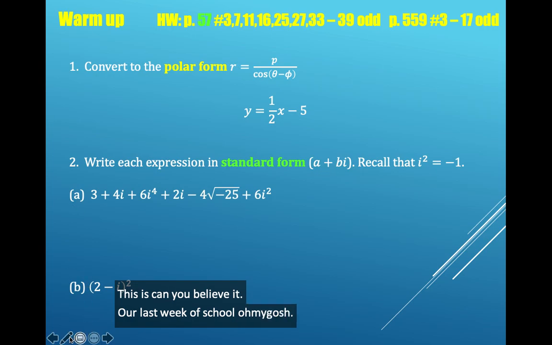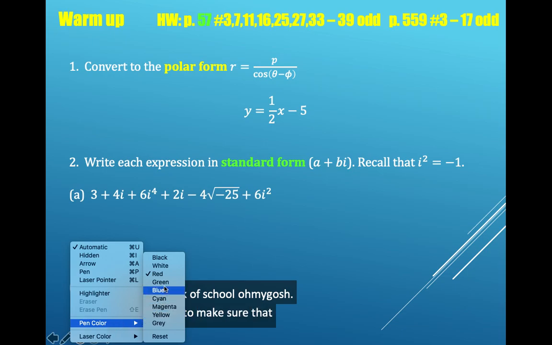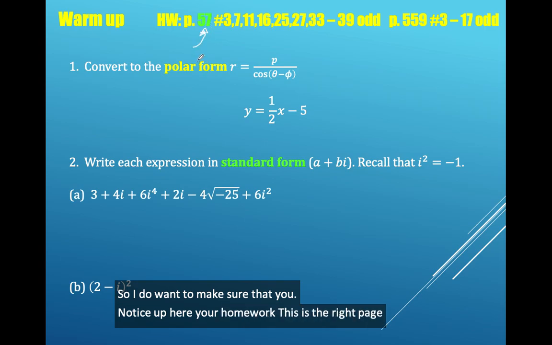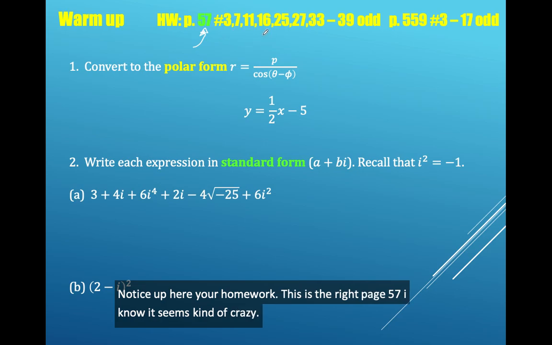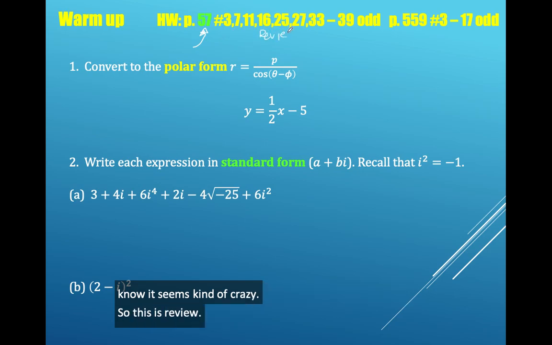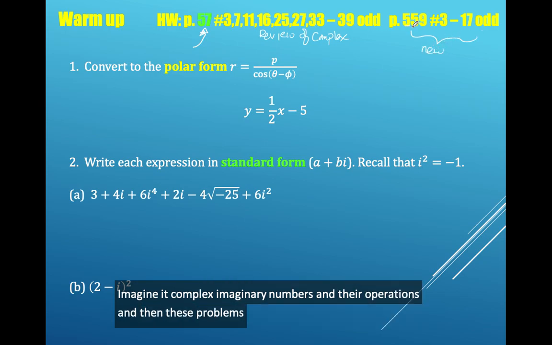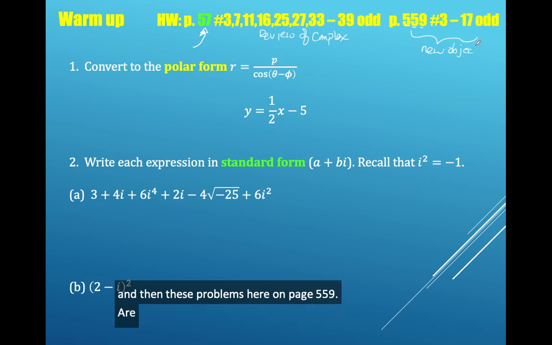So I do want to make sure that you notice up here your homework. This is the right page, page 57. I know it seems kind of crazy. So this is review of complex imaginary numbers and their operations. And then these problems here on page 559 are the new objective that involves